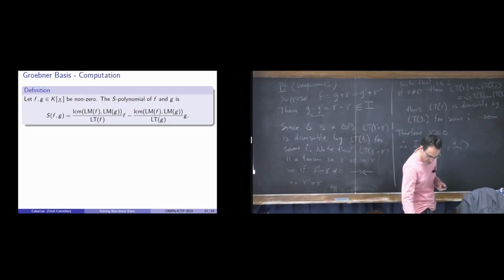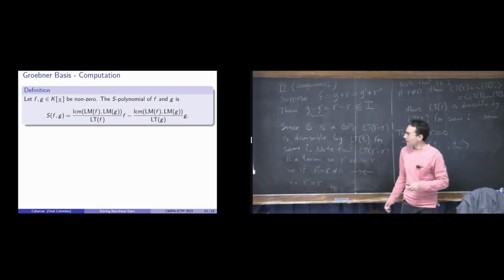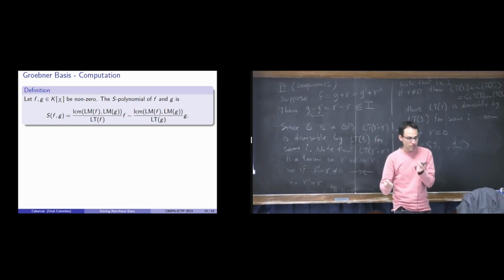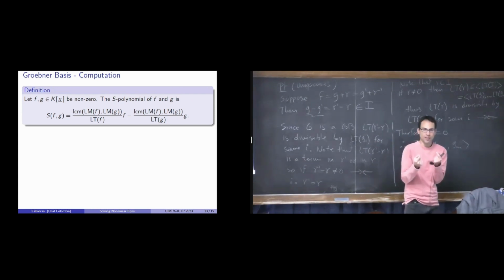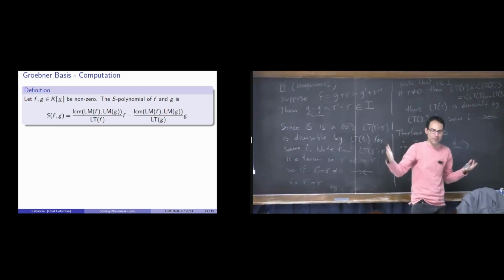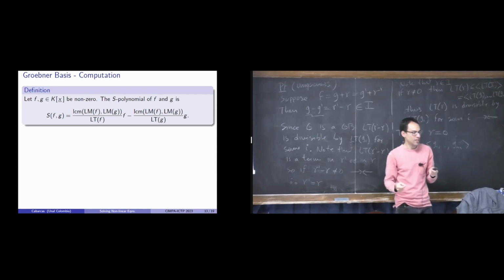And now the next question is how to compute a Groebner basis. The way we got to a Groebner basis was through Dickson's lemma, or through the Hilbert basis theorem, but we didn't know how to actually find it; there's no algorithm to get from this infinite set of polynomials in the ideal to a finite basis. What we're going to do next is show how to actually compute a Groebner basis.